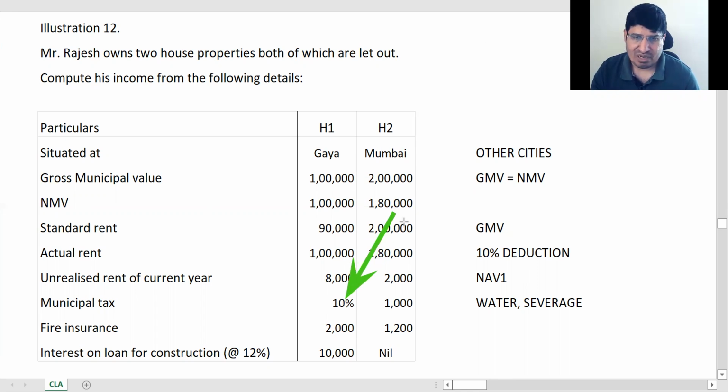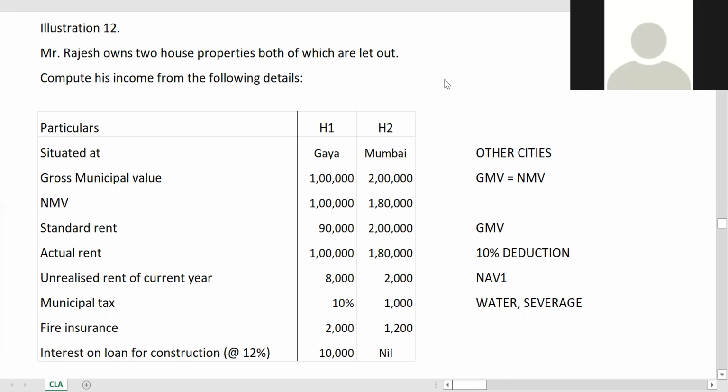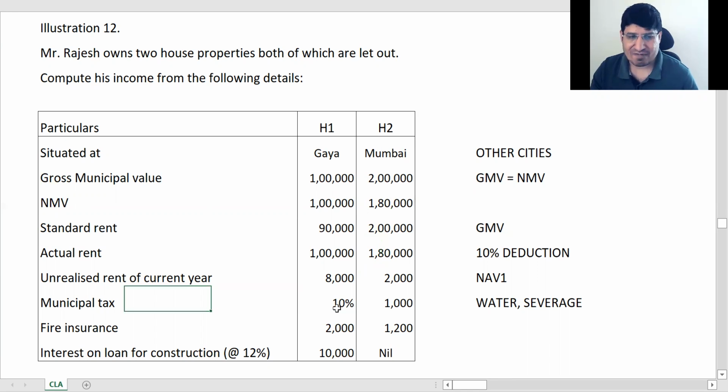ठीक है, ये जो 10% है, ये 10% हम एनएमवी में अप्लाई करेंगे मुंबई में, अगर दिया हो तो। ठीक है, अगर ये नहीं दिया है आपको एनएमवी, तो आप अपने मन से 10% लगा के इसको नहीं करेंगे। ठीक है सर, ये 10% तो म्युनिसिपल टैक्स का है ना? ये म्युनिसिपल टैक्स का, ये दूसरा है।